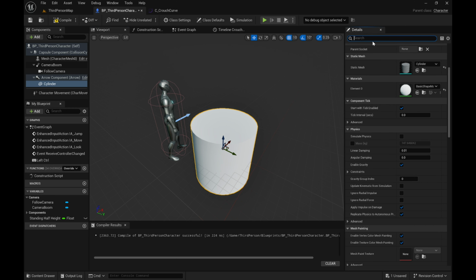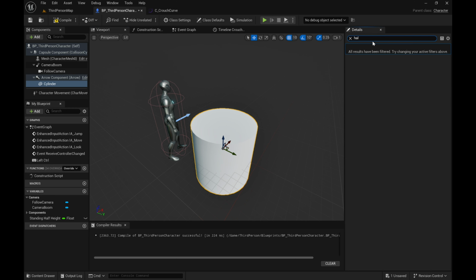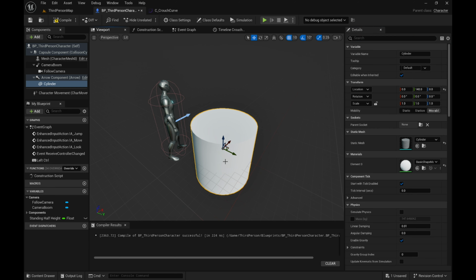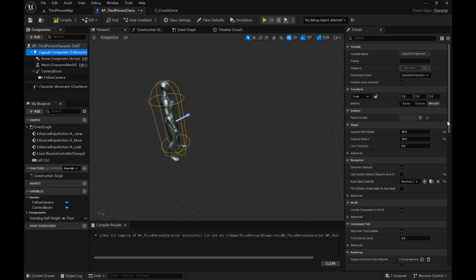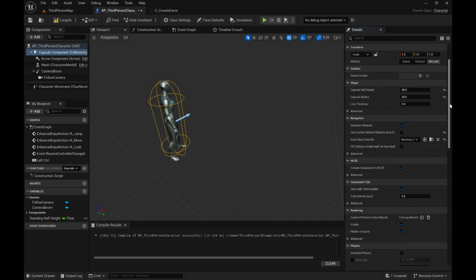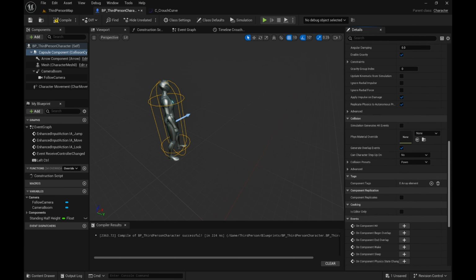Have a half height on it? I'm not sure. Does not, unfortunately. But you get the gist. I think what I can do is